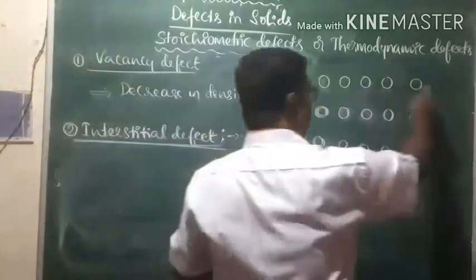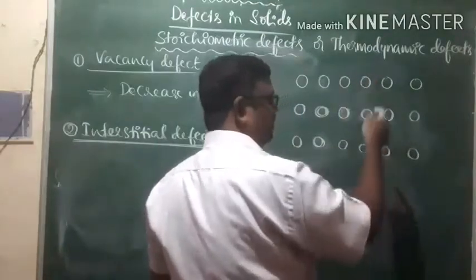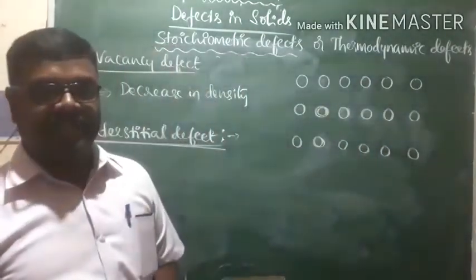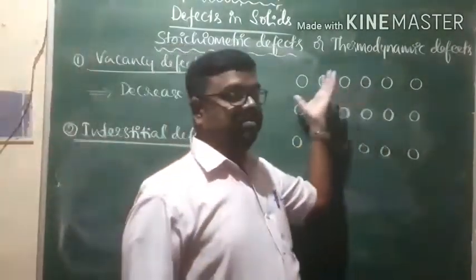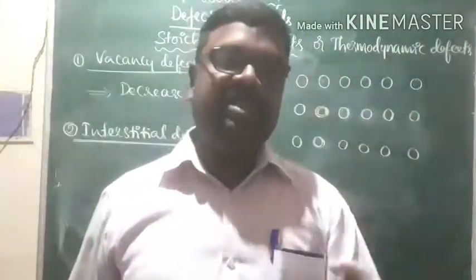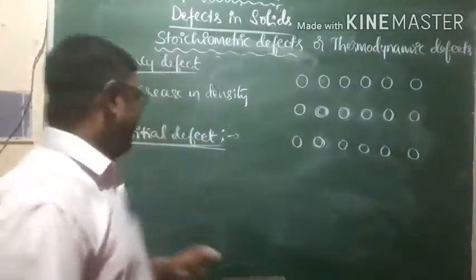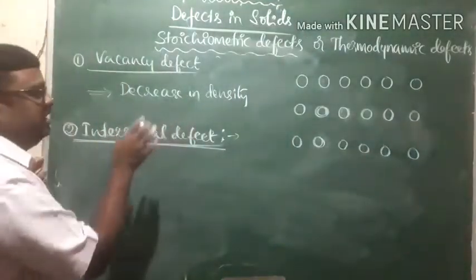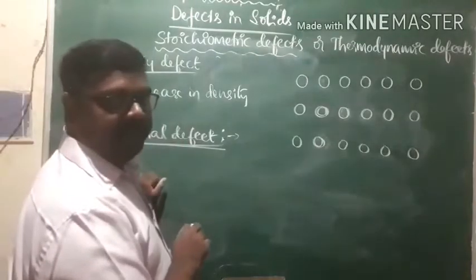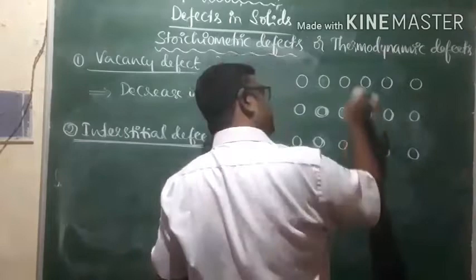This is normal sites, where particles are present. The empty space that you can see, that is what we call an interstitial site, or you can call it a void. And of course, interstitial defect refers to the dislocation of a particle from its actual site into the interstitial